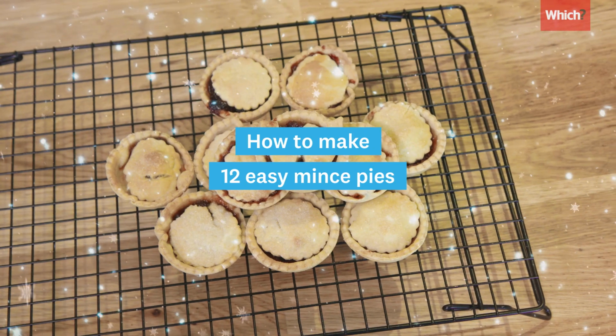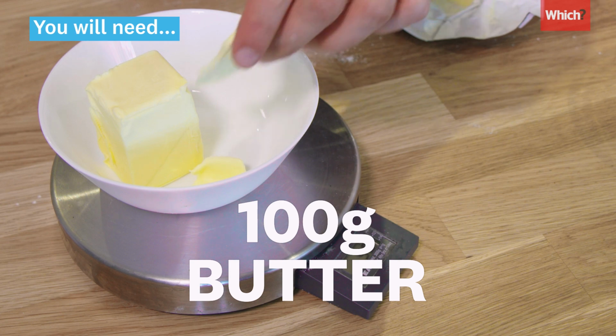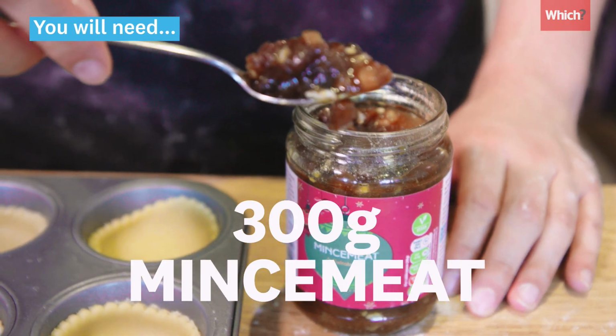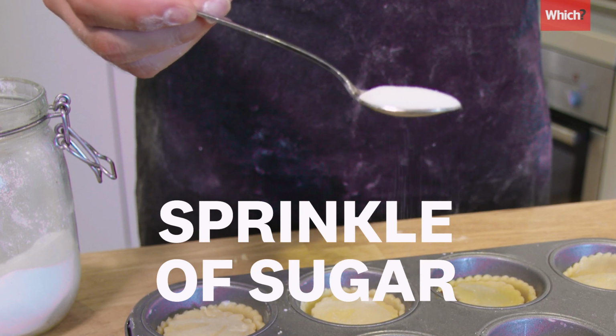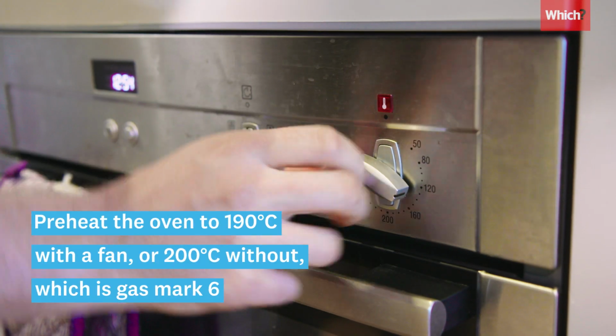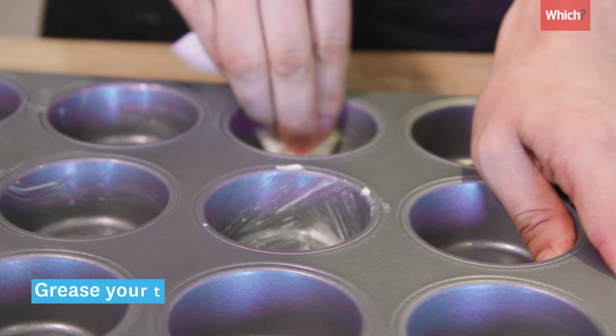To make a dozen traditional mince pies, you will need 200 grams of plain flour, 100 grams of butter, 300 grams of mincemeat, a splash of milk, and a sprinkle of sugar. First, preheat the oven to 190 with a fan or 200 without, which is gas mark 6, and grease your